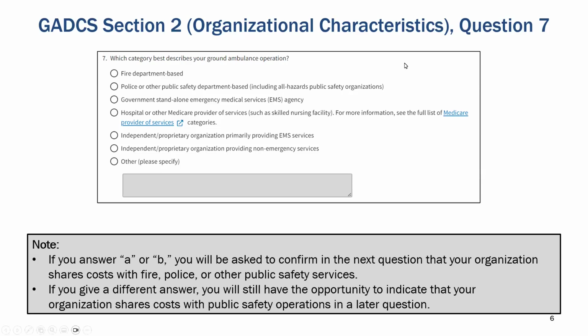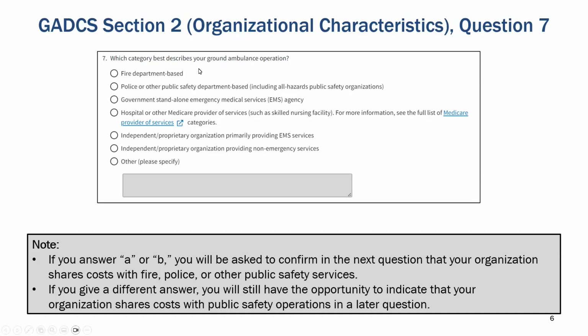Those first two are the two responses that will flag your organization as a public safety organization for the purposes of later sections. So if you report that you're a government standalone EMS agency, a hospital or other Medicare provider of services, or an independent proprietary organization doing mostly EMS or non-emergency services, in those situations you will not see instructions and questions related to public safety organizations.